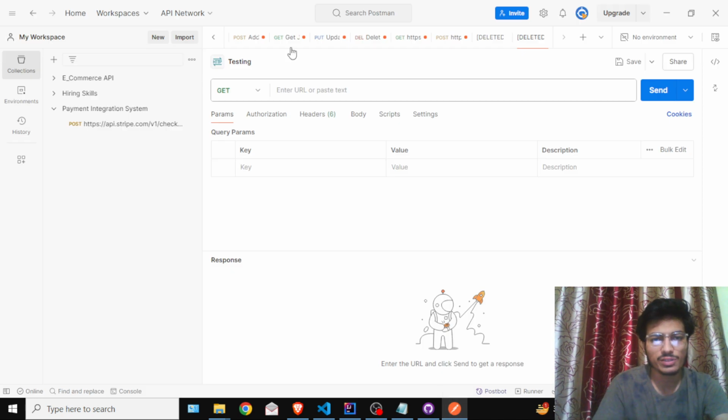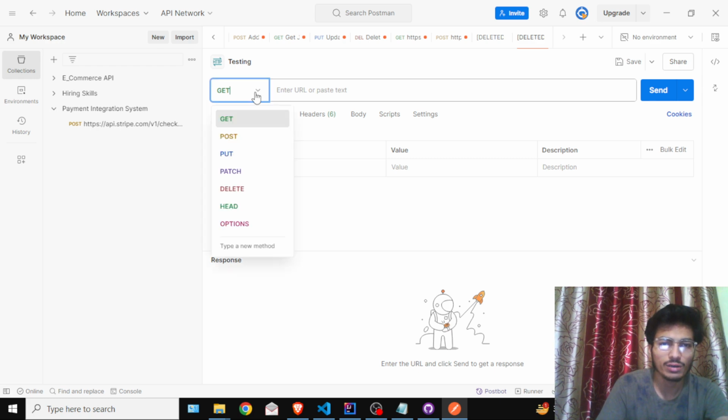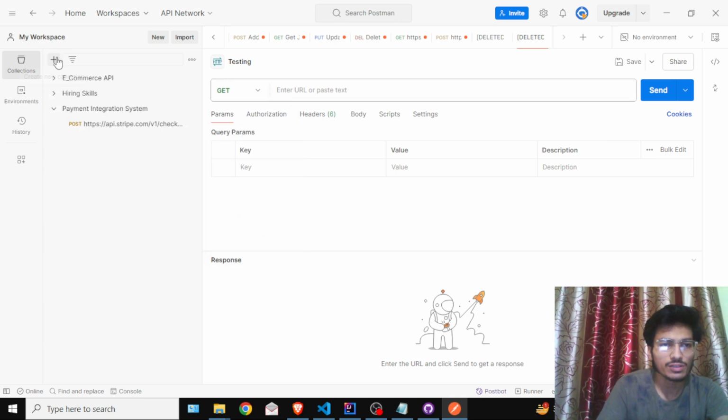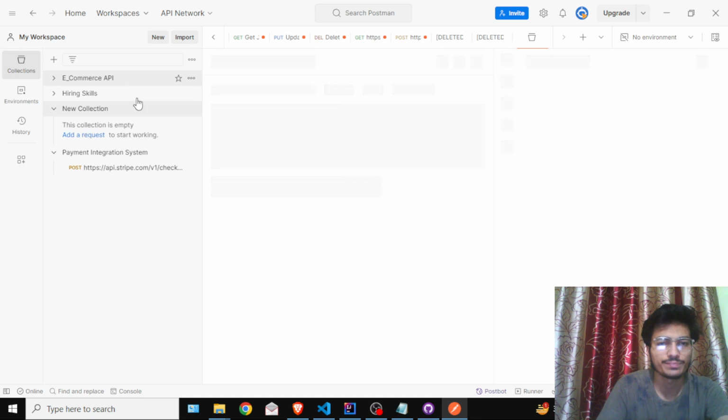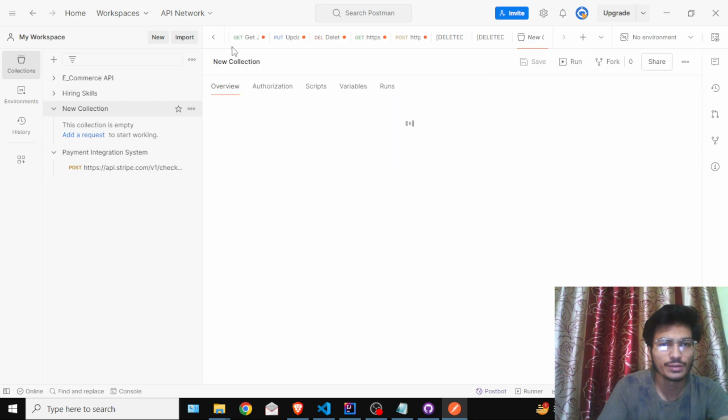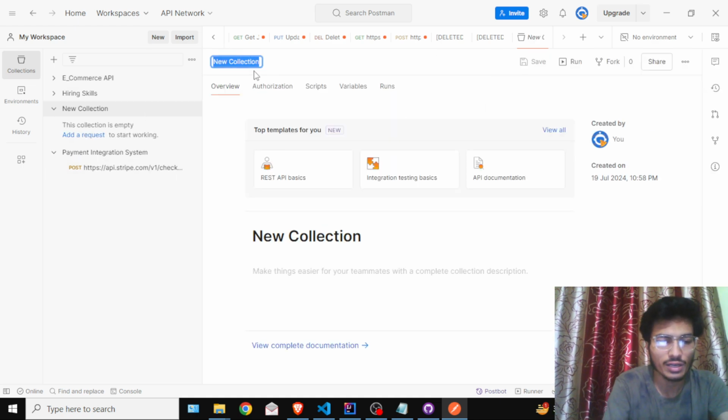Most developers use Postman instead of a browser because we can get all the HTTP methods here: get, post, put, patch, delete, and all of these. So first let's create a collection here, a blank collection. Okay, so the name of the collection is sample,